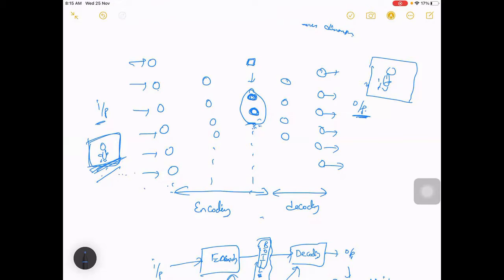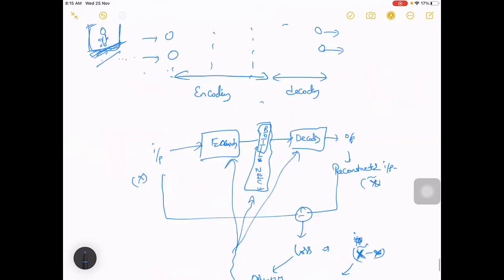And these weights will also learn how to reconstruct from this output, which was in a lower dimension, back to a higher dimension. So this is what an autoencoder does.